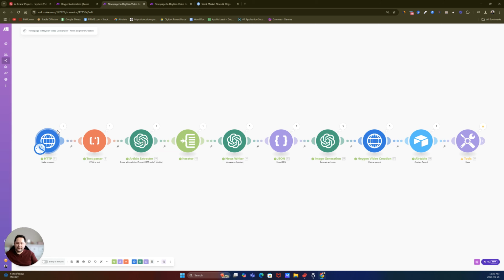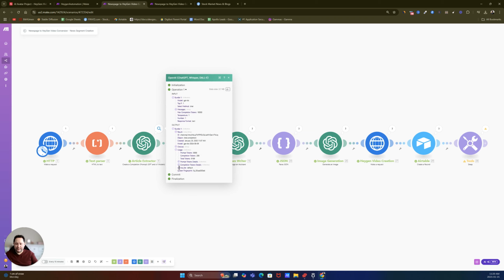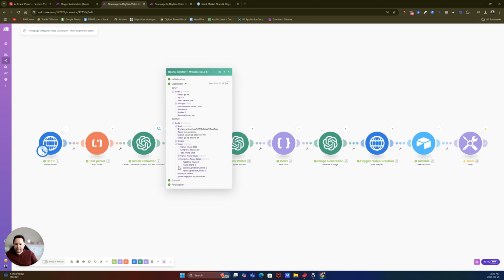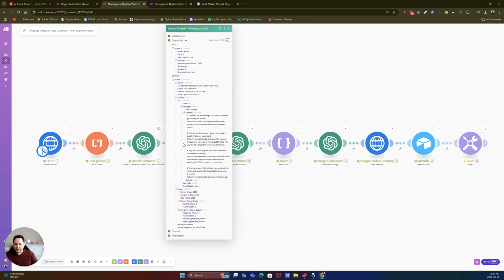After parsing the website, we're going to have a very large text content which we need to extract. So what we're going to do is feed it into ChatGPT to make sure that we only get the relevant data. Choices, message, content. So it returns the top 5 most important news items regarding certain parameters. So here it returns for me